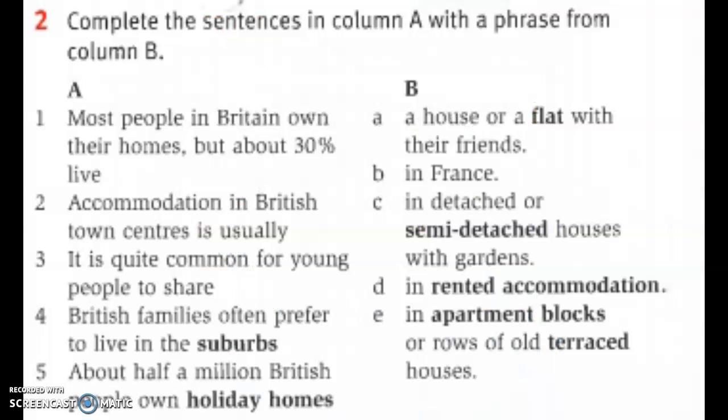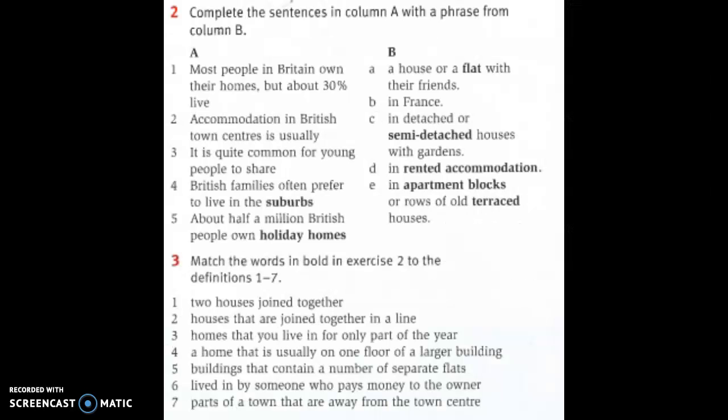So now they're going to look at some new vocabulary and they need to do exercise 2, complete the sentences in column A with a phrase from column B. So they match the two halves together to make complete sentences. So for example, most people in Britain own their homes, but about 30% live in rented accommodation. Okay, so they match those up. Peer check, get some feedback. Once you're happy they've got all the right answers and they can see the right answers matching the number with the letter,